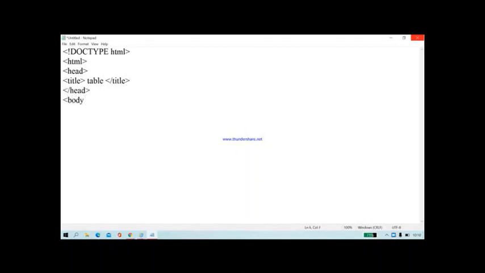Then in the body you can give the different color, that is BG color is equal to green, and I am giving text as white. To see the table properly, I am giving the H1 tag so that you can see the table in the proper form.